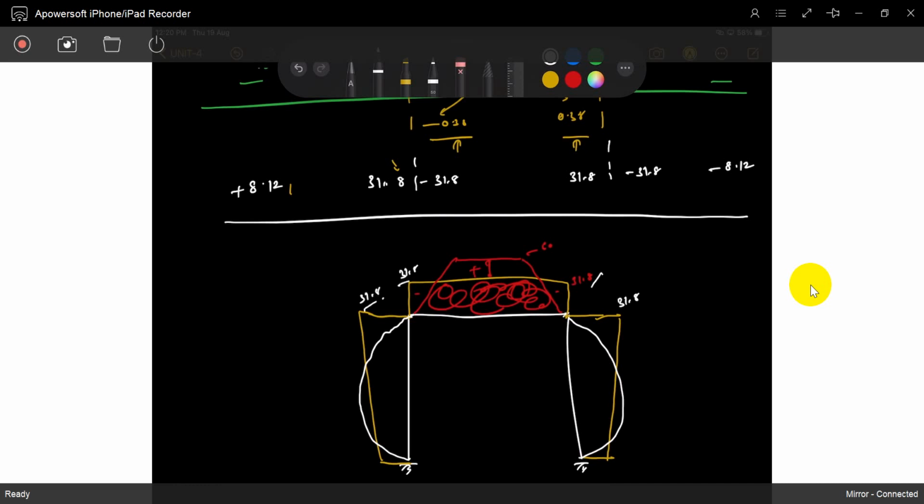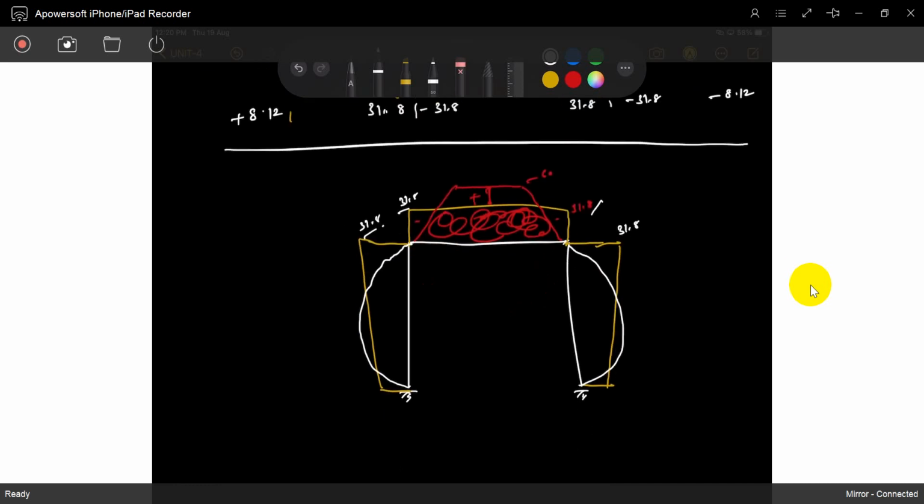Both are compulsory. The joint B or joint C has only one moment. It's not two different moments at that one location. At one location, it has only one moment. Okay, that's it. That's the bending moment diagram. And you can draw the shear force also. No need to discuss because we drew so many free body diagrams and solved it. So no need to waste time drawing the shear force diagrams also.